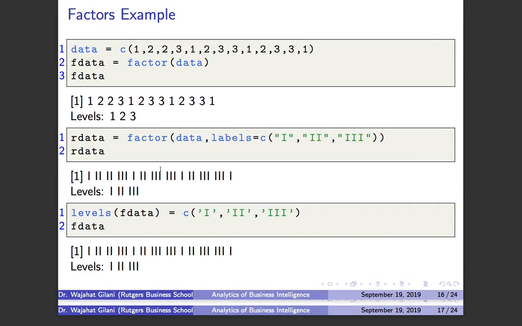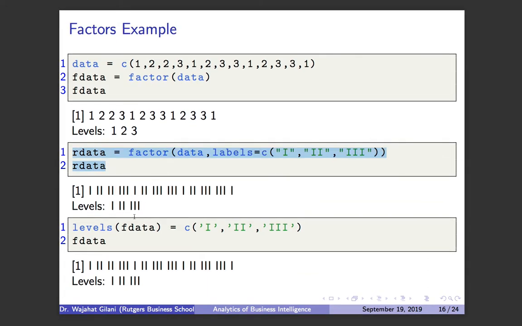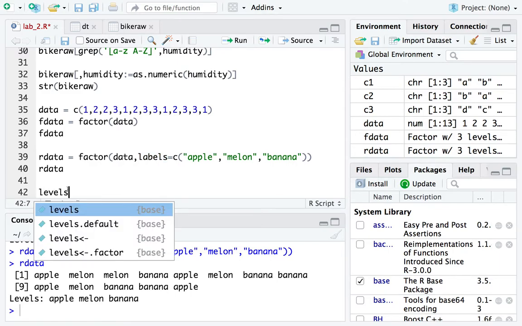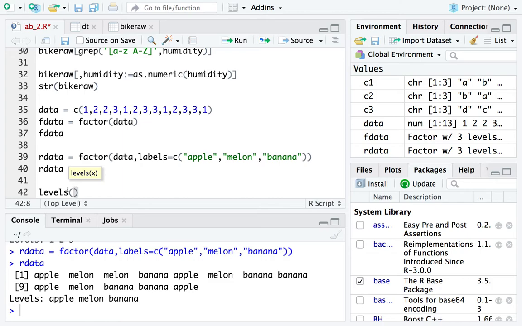And look, we can also go back and change the levels, right? So here I changed the levels for fdata, the existing fdata1, but I can go back and change the levels of rdata to be the original 1, 2, and 3 that I wanted, right? So I come here and I go levels on rdata, and here it will be